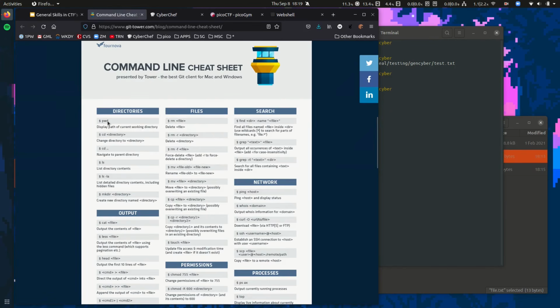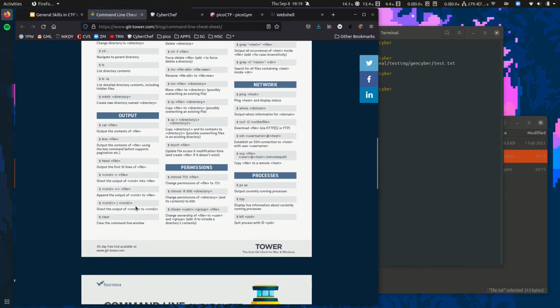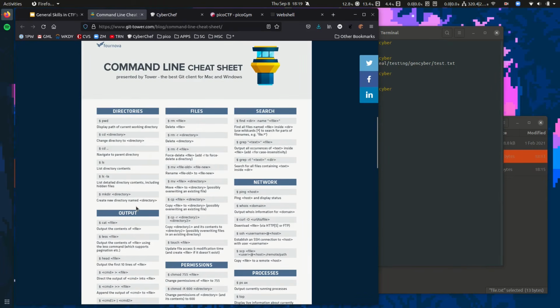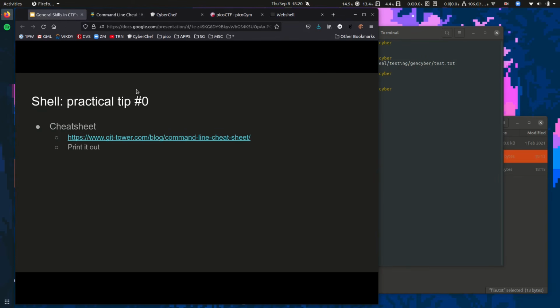It has some of the commands we've been mentioning already, like print working directory, remove, cd, ls, ls -la, make dir, cat. It has all these really useful practical commands just at a glance. So I recommend really printing this out. That way it doesn't have to take up screen space for you, but to each their own.